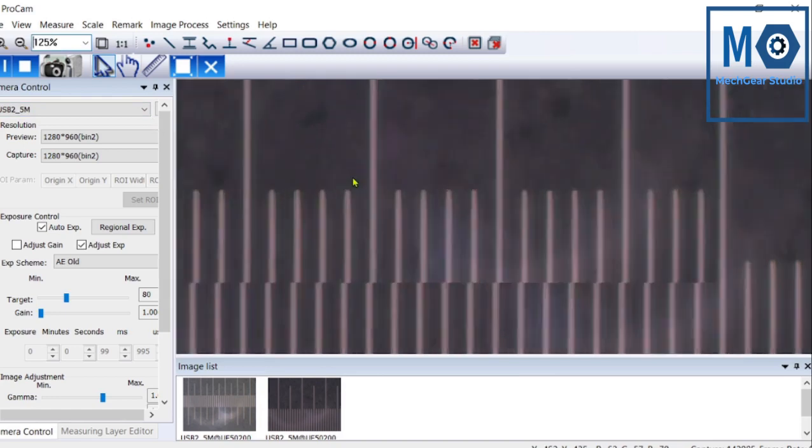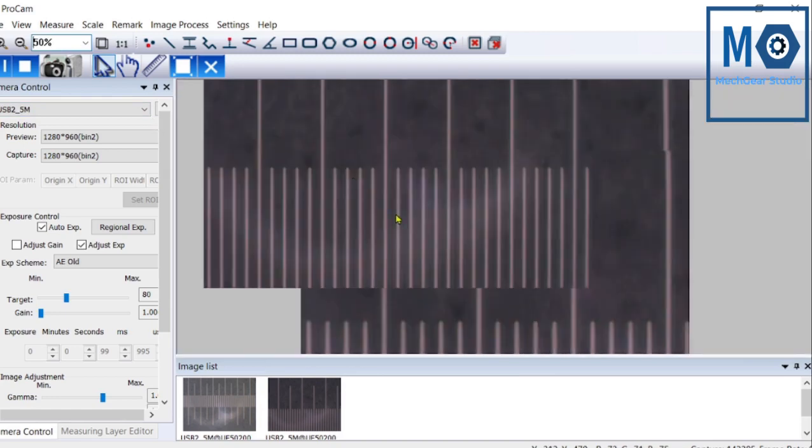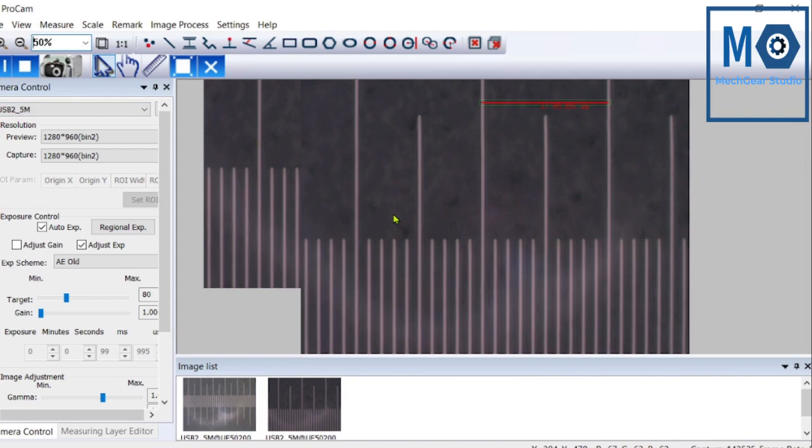We can zoom the entire image and we can see the exact position of the line, and the scale or measurement is available in micrometer. We can readjust the position by simply clicking the line. We can remove it also. You can see the green line covering the red line. So this indicates that the line is selected.